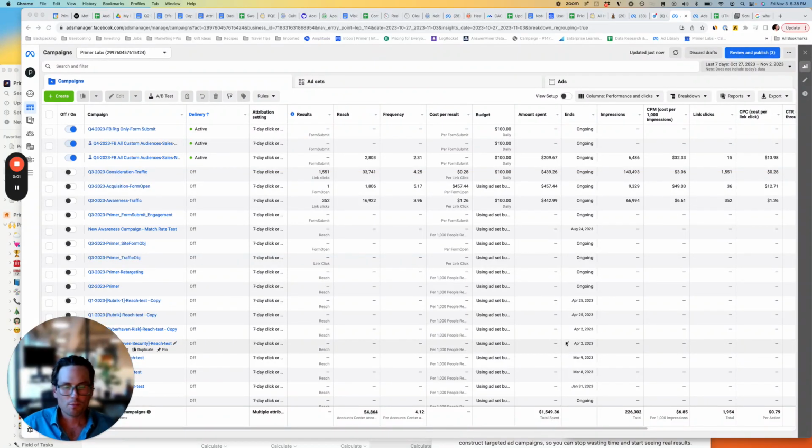There's some interesting parallels between LinkedIn and Facebook in terms of hierarchy, where LinkedIn has a campaign group, a campaign, and ads. Facebook has a campaign, an ad set, and an ad. This hierarchy serves similar functions. So the first thing I'll do in Facebook when launching a new sprint is create a new campaign, where I